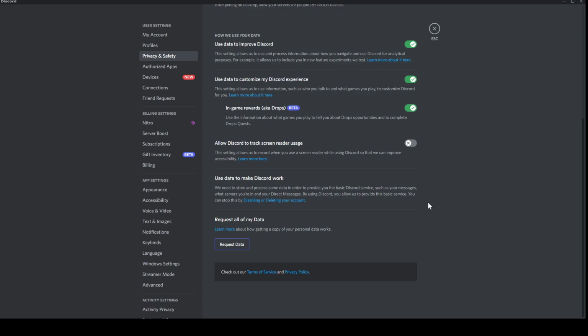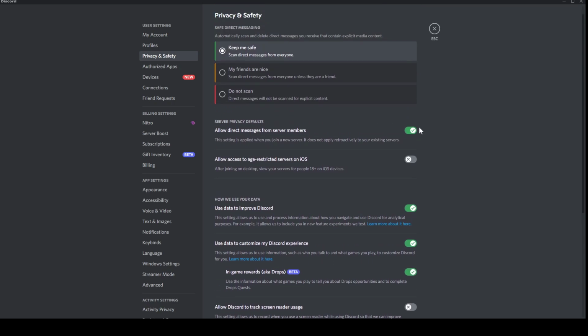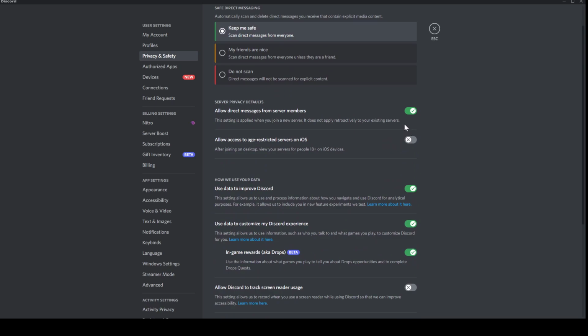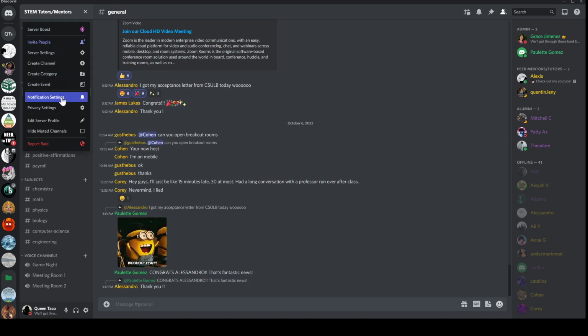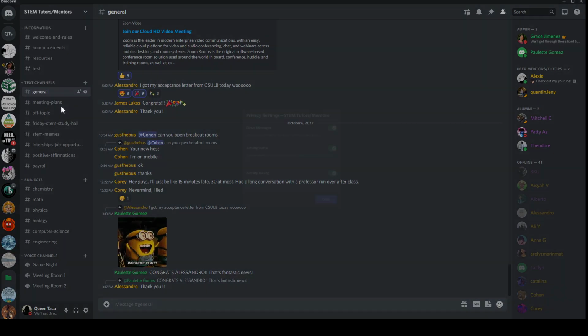Also, if for some reason you get harassed, or something happens where you would need your data, any data that you have stored, so any messages, any video call logs, anything like that, you can request the data from Discord as well if you need that for evidence or something like that. And in terms of server setting safety and privacy settings, I believe